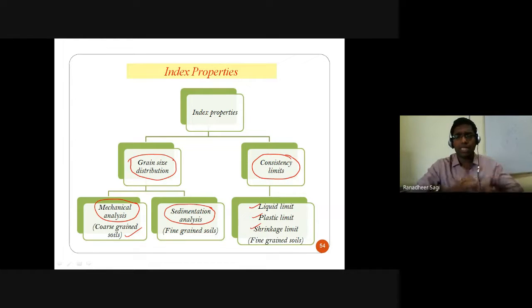Generally, whenever you look at any particular soil, that soil contains coarse grain particles as well as fine grain particles. Then how do we first separate coarse grain particles to carry out mechanical sieve analysis, and how do we separate fine grain particles to perform sedimentation analysis? Because without separation of the particles, you cannot talk about how coarse grain particles of different sizes are there, how fine grain particles of different sizes are there.